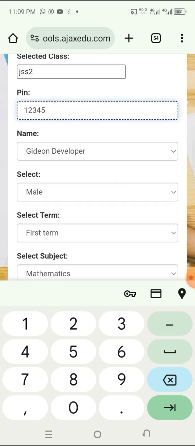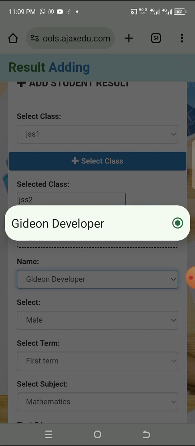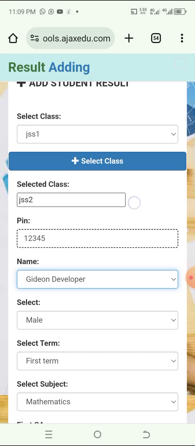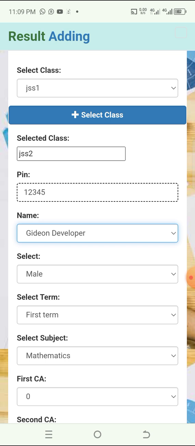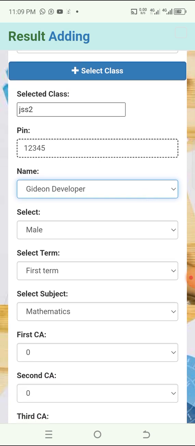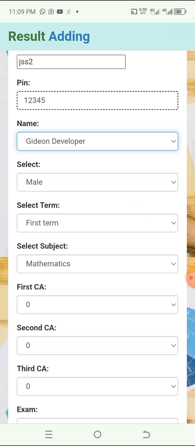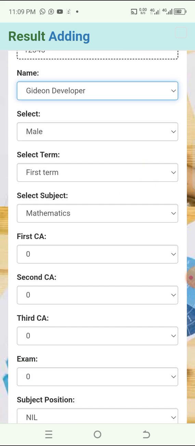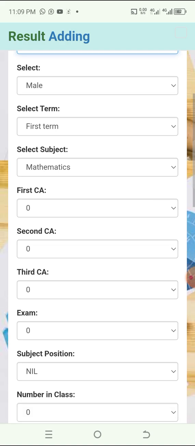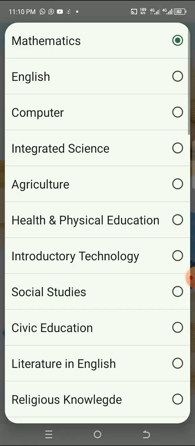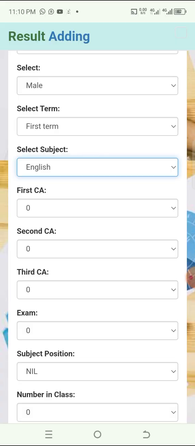Now all the students in this particular class will be listed here. So you are going to select the one that you are giving a score to. Here we have only one student. Otherwise we have many of them, and all the names will be listed here. So you select the one that you want to give a result to. Select the gender of the student and the term. Let's say we are entering for English.